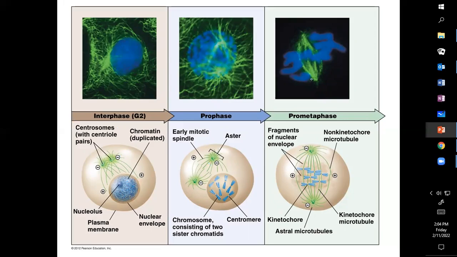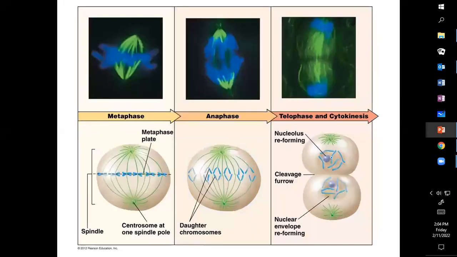And then in prometaphase, you can see here that these cytoskeletal structures called spindle fibers attach to the centromere. And these spindle fibers are going to ratchet the chromosomes into the center of the cell in metaphase. So in the process of metaphase, these chromosomes line up at the cell's equator, called the metaphase plate. So in our next stage,